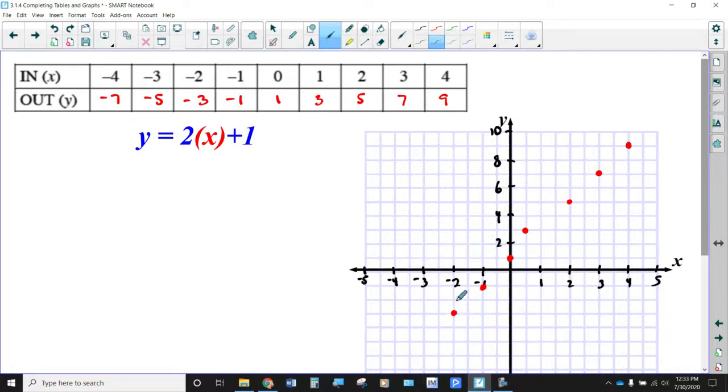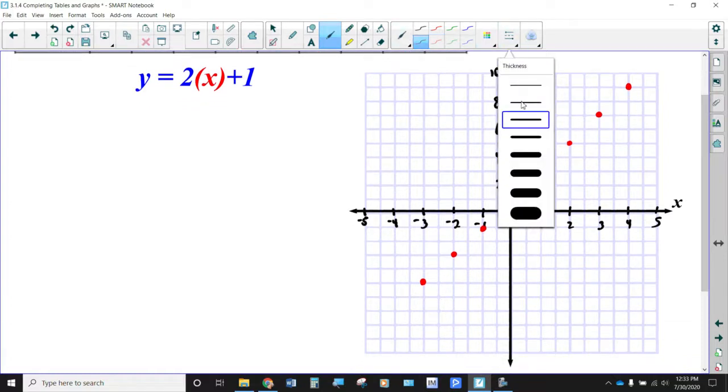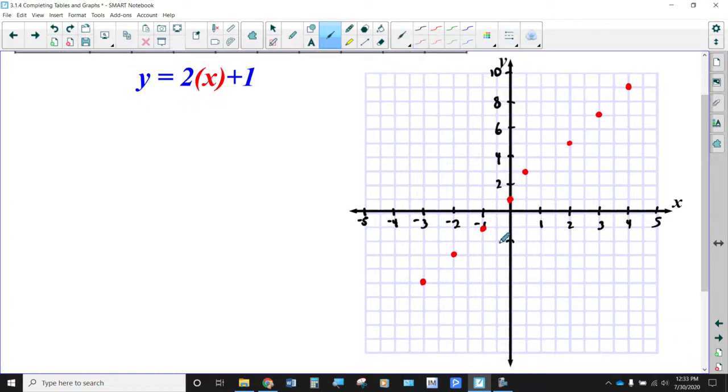-2, -3, -3, -5, and -4, negative. Oh, I didn't label these guys. Oh, you've got to label the other part too. You can't just do the top part. So this was -2, -4, -6, -8, and -10. Okay, so -7 would be right around here. Okay, so if I connect these points,